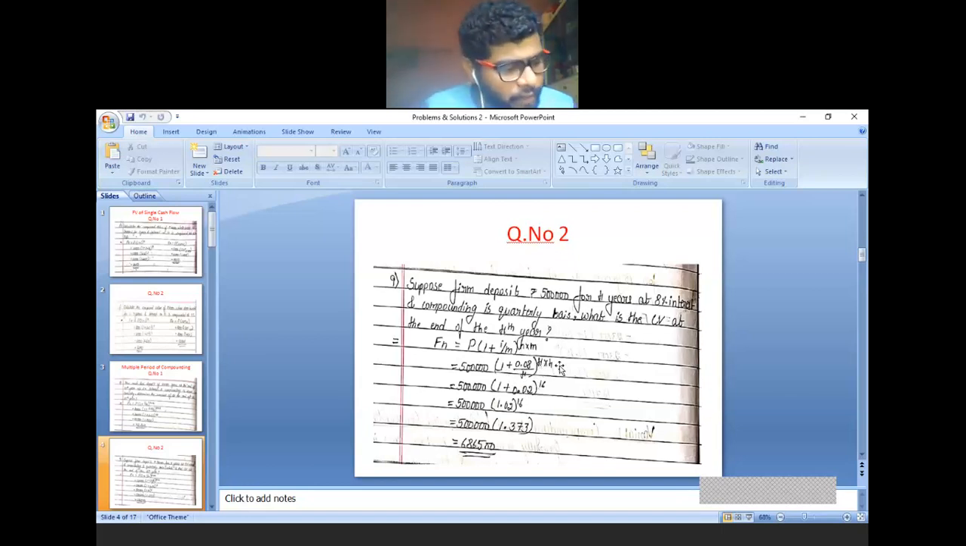4 years. 4 into 4. This step is not required. Directly you will get this step. So how to calculate? 0.08 divided by 4 plus 1 to the power 16. Direct step. Second step is not required. Third step is not required. Directly go to this step. Then multiply 5 lakh into 1.373. So answer value is